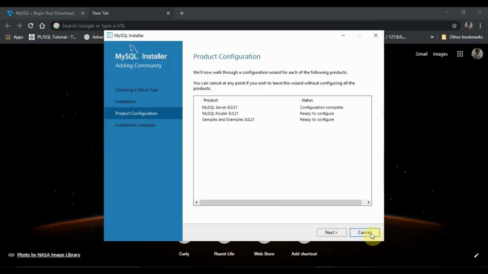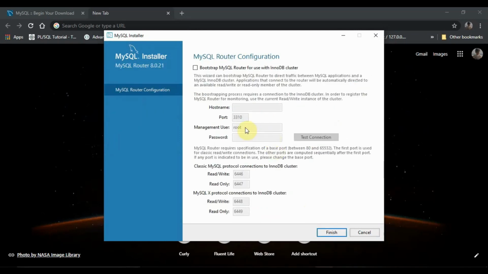These all are the product configurations, so go to next. So here this is the MySQL router configuration. Basically you don't have to do anything on this page, let it be as it is and go to finish.